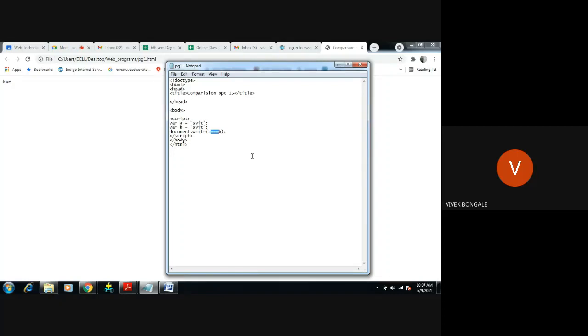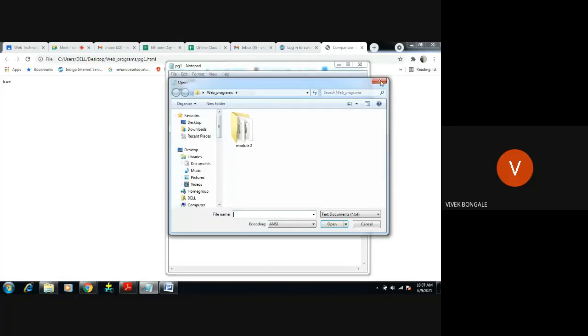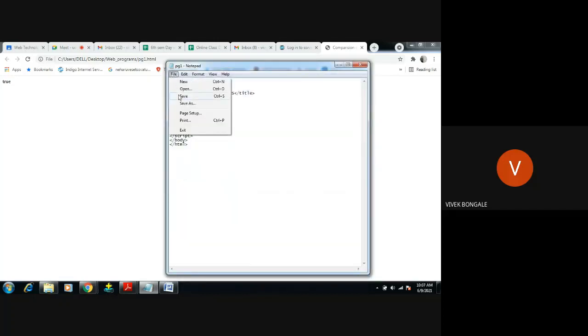Then the same thing applies to not equal to. Not equal to is the symbol, right? A not equal to B. So just change this, save this part, go and refresh, then false. Right?